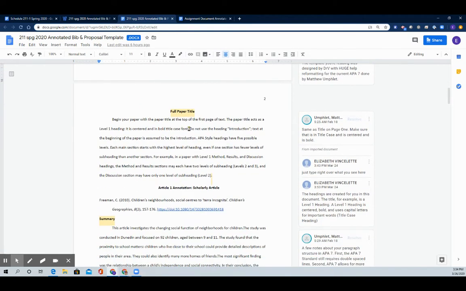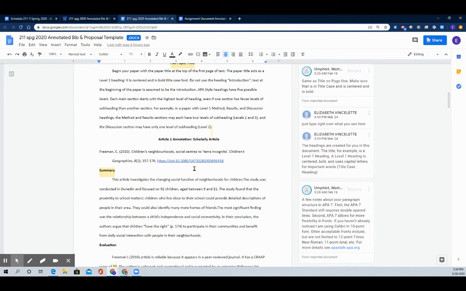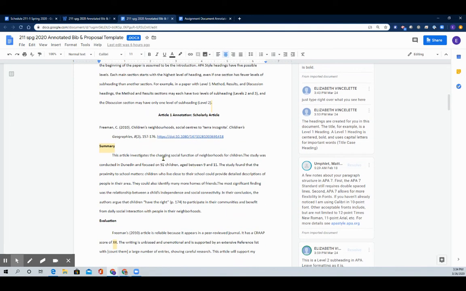And then down here, you're going to type right inside of this document. So the title will go here. Then you can delete the instructions, and then you're going to do your first annotation. I have a fake one sitting here so that inside this very template, you can see how the paper works, and you can just open it up and type right inside of this.